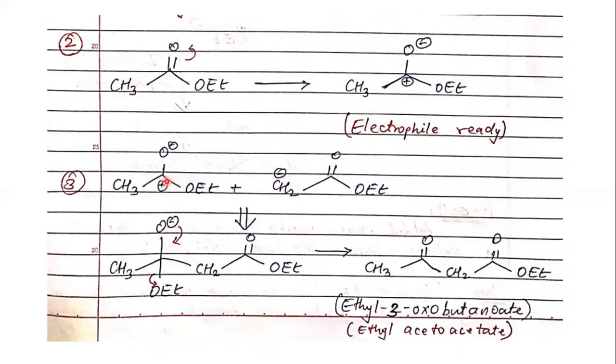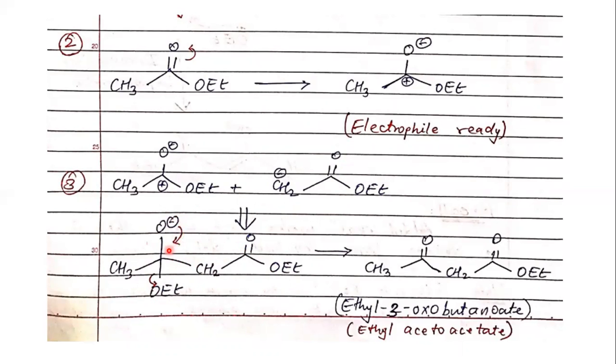So CH2 is attacking this central carbon, forming a new C–C bond, and the rest of the molecule remains the same: C double bond O, C double bond O, O-ethyl, O-ethyl. Now, if you can see, this is an intermediate. This is almost a tetrahedral kind of structure. It is going to be unstable, so it is immediately going to undergo some rearrangement.